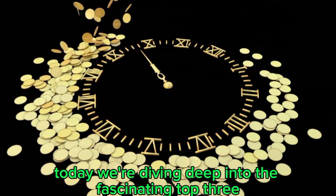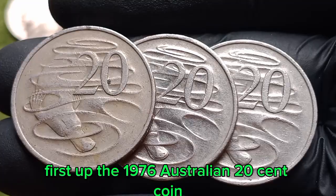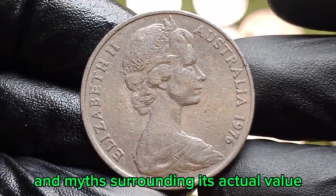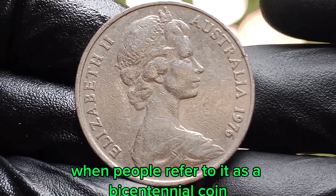Today, we're diving deep into the fascinating top 3. First up, the 1976 Australian 20-cent coin featuring Queen Elizabeth II is often discussed in numismatic circles, but there's a fair bit of confusion and myth surrounding its actual value, especially when people refer to it as a bicentennial coin,